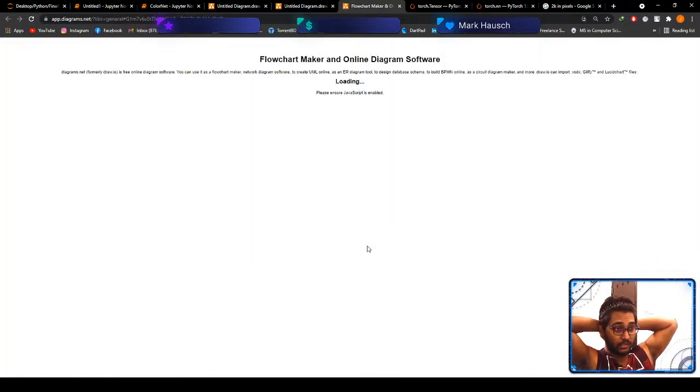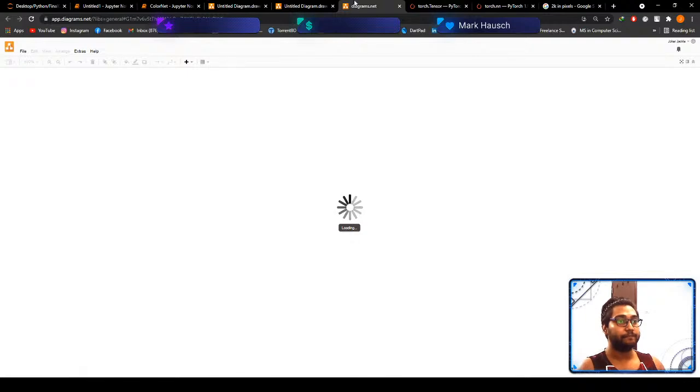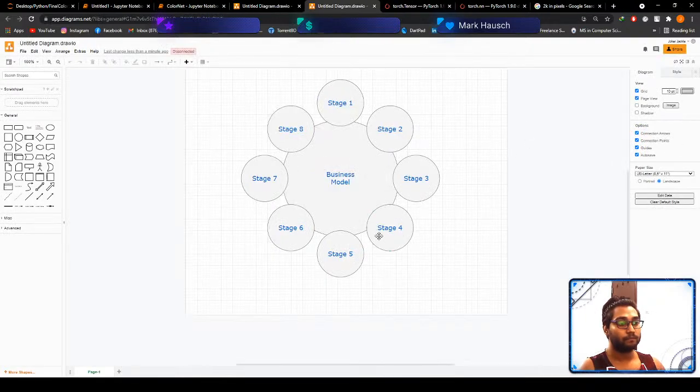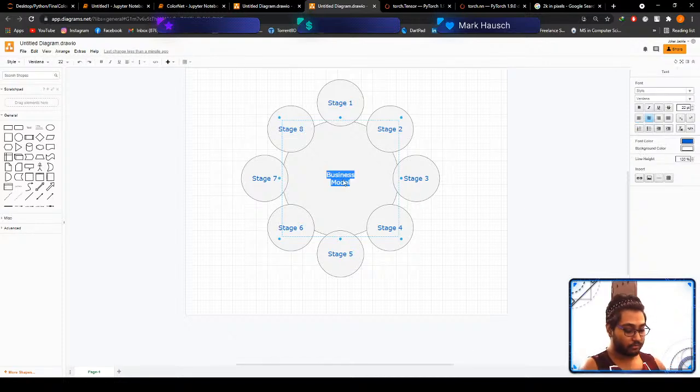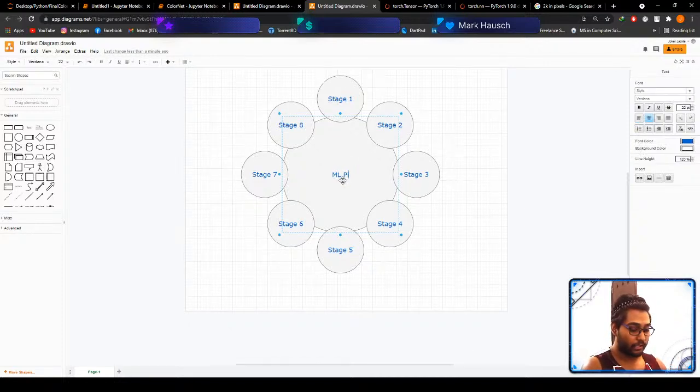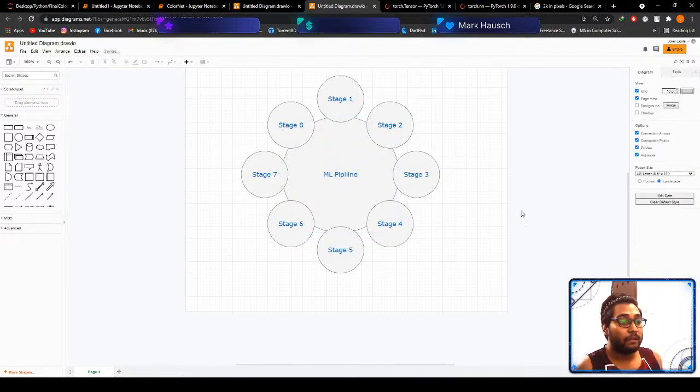Now here comes the matter of pipelining. Here comes the pipelining of machine learning. What is pipelining? Pipelining is basically the streamlined process of a machine learning